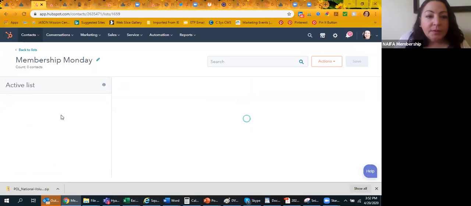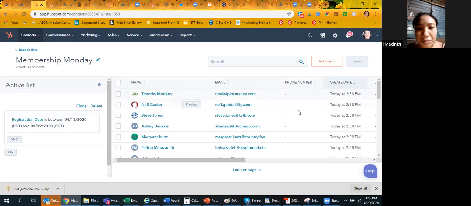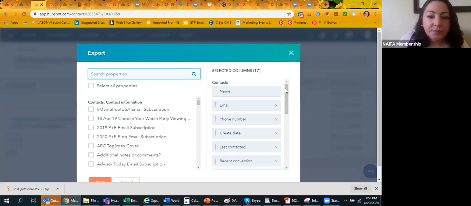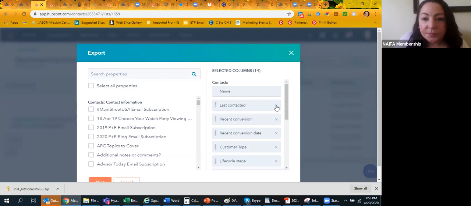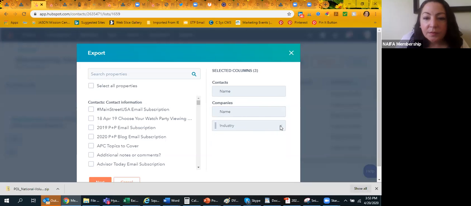I'm going to go into the Membership Monday list, and here's my list of people. The easiest way for me to do this is to go to Actions and export. The only thing I really want is their name. I'm going to get rid of all of this. It's asking what fields you want in the export. What I want is their name,